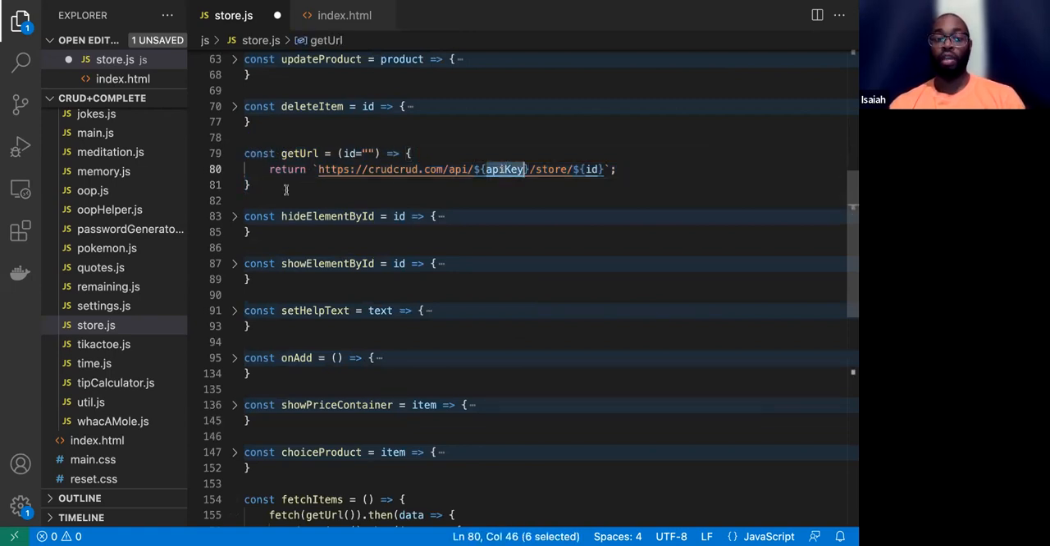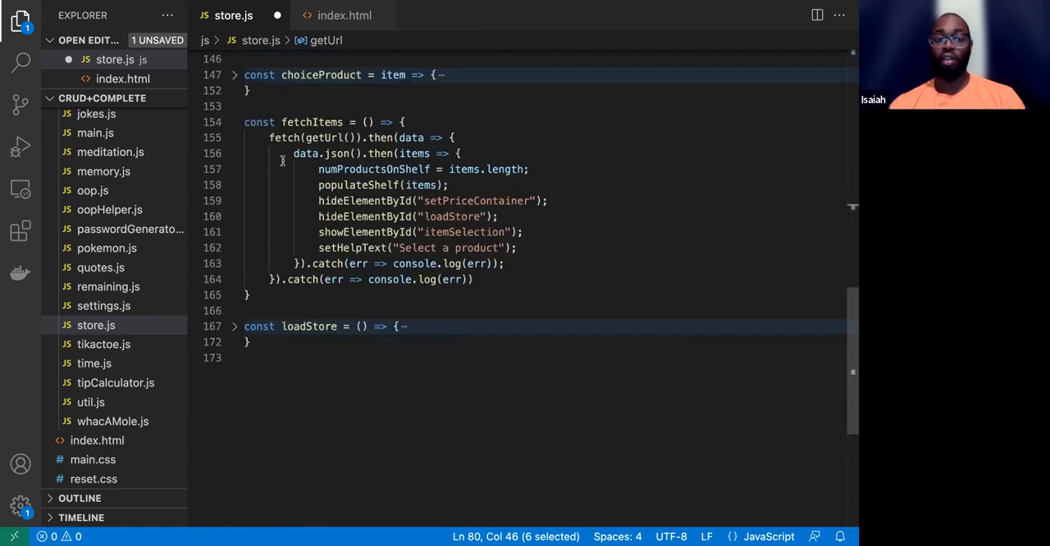What we know about fetch is that if it only takes one parameter, it's automatically a GET request because we didn't